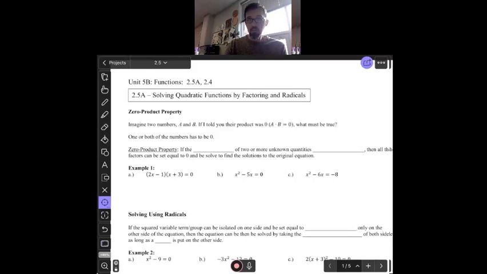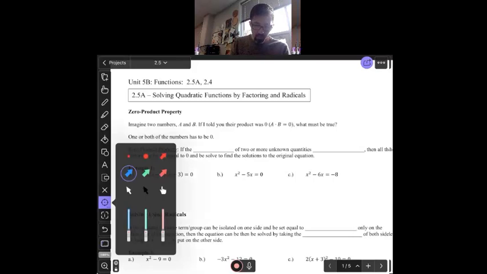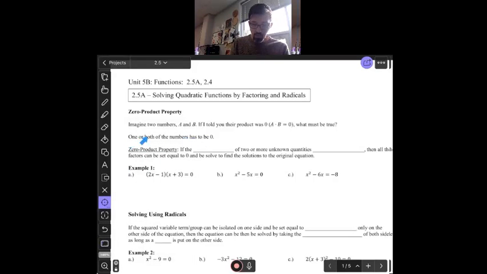have to know that one of those numbers was equal to 0, right? Or both of them. So that's what this is saying, right? So if a times b equals 0, one or both of the numbers is equal to 0. And so what we can do with this is that if